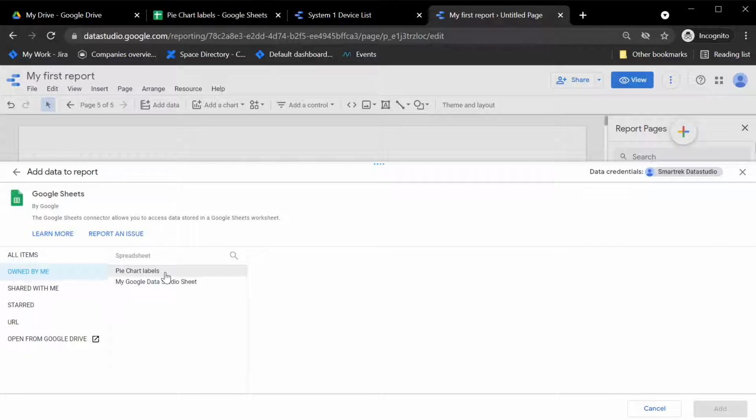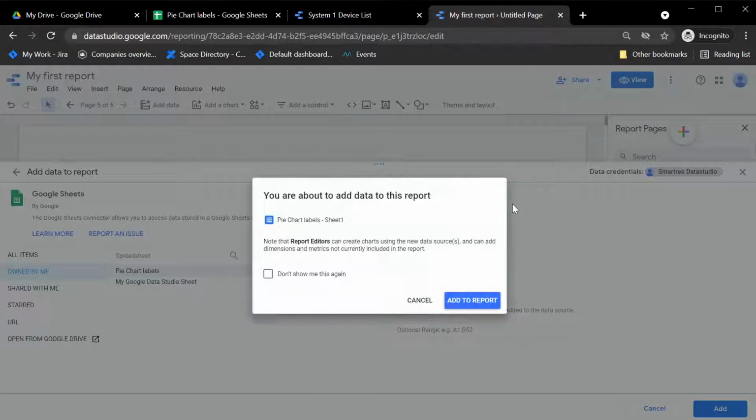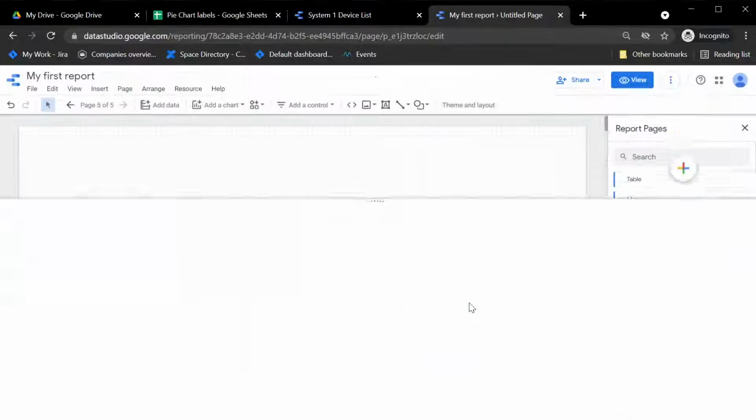So I have my pie chart labels here. We're going to select sheet 1, which is fine. We want to use first row as headers because the first row contained category, which was the header. Click on add to report,